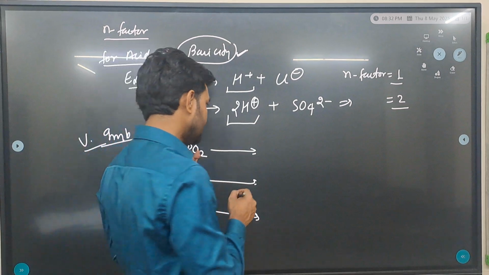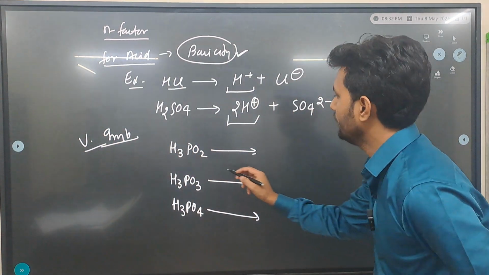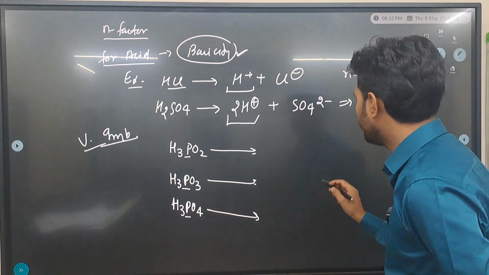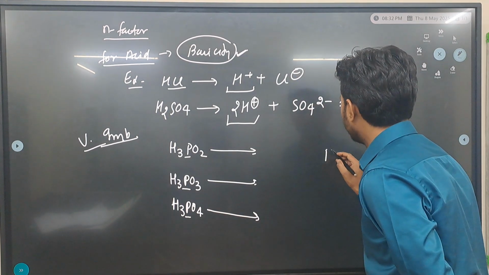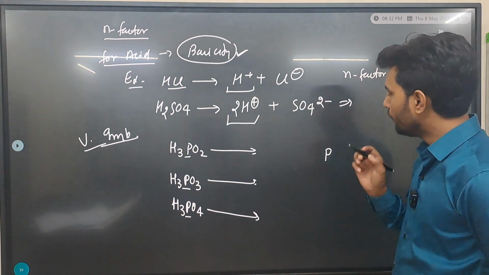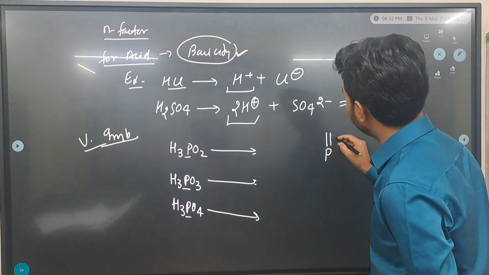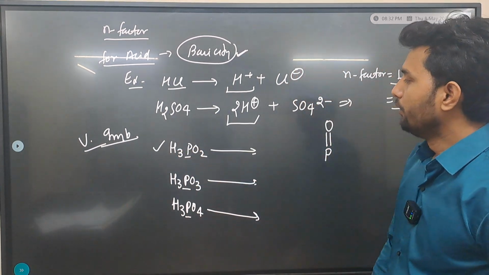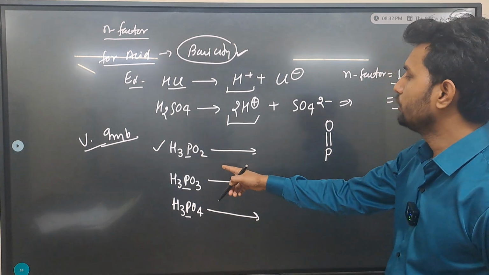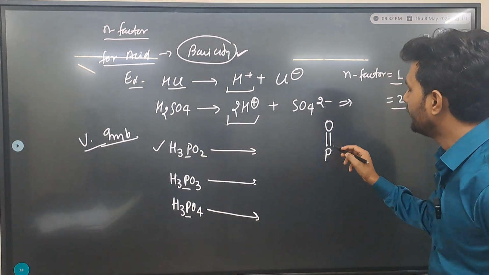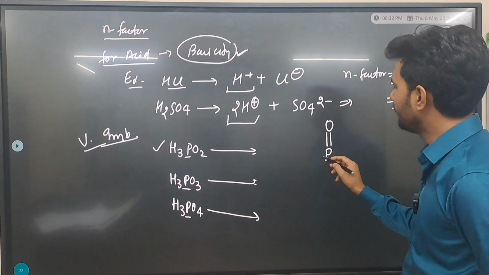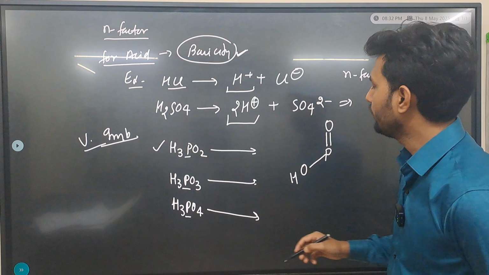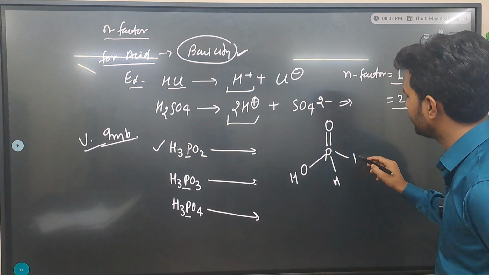So let us take H3PO3. First of all, it has one phosphorus and three oxygen. First we form one phosphorus, and that phosphorus will attach with a double bonded oxygen. Now if we draw this structure of H3PO3, then phosphorus has oxygens: one oxygen will form a double bond, and the remaining oxygen will form an OH bond. Now the remaining hydrogen will be directly attached with